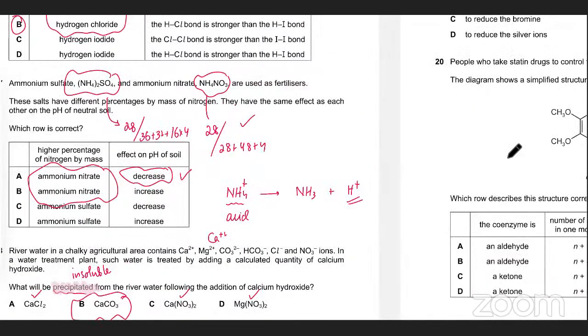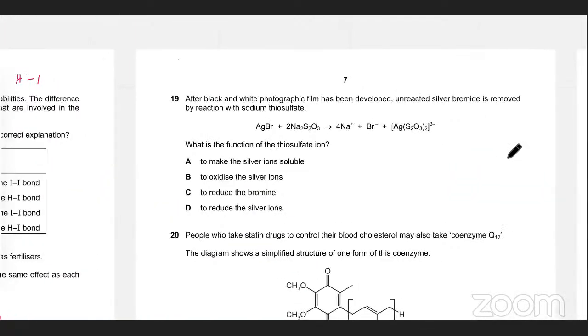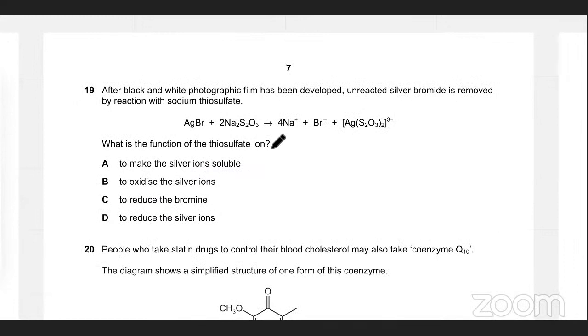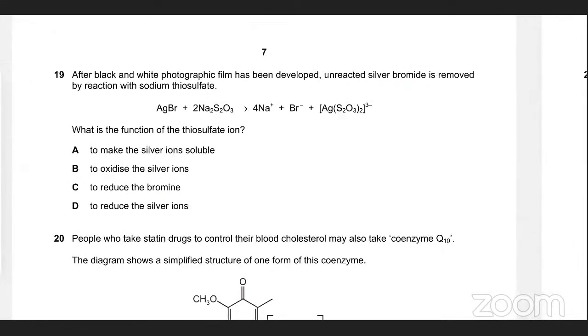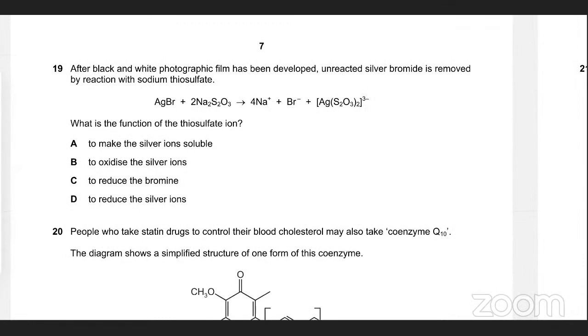Then you've got the next question, 19: what is the function of the thiosulfate ion? This one. I'm just going to answer this directly: to make the silver ions more soluble. I'm going to explain